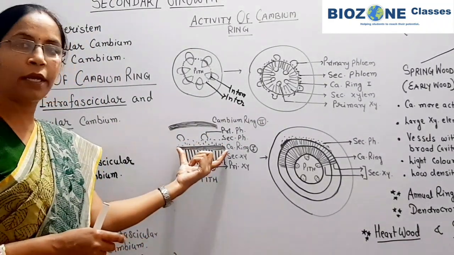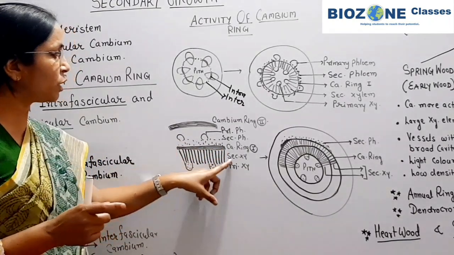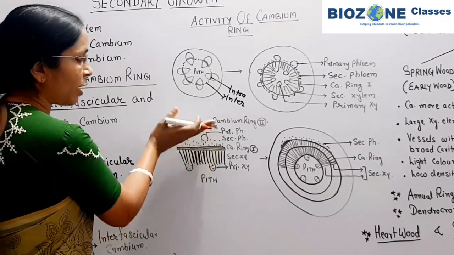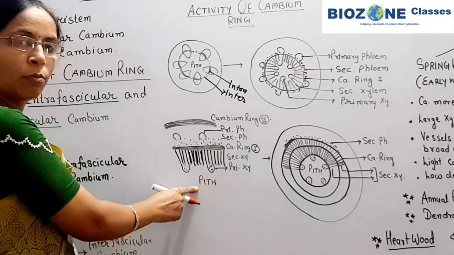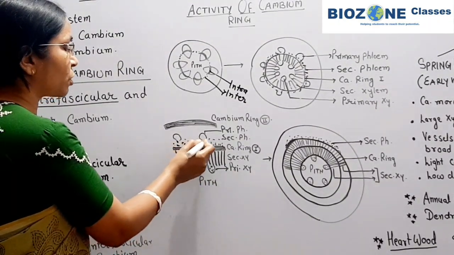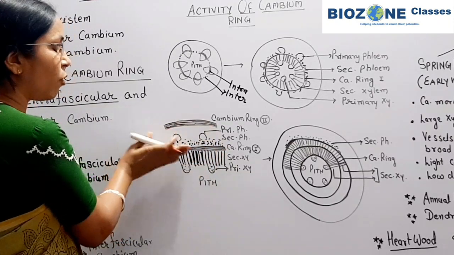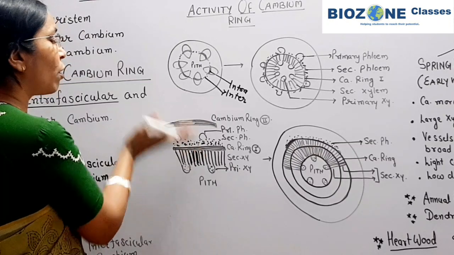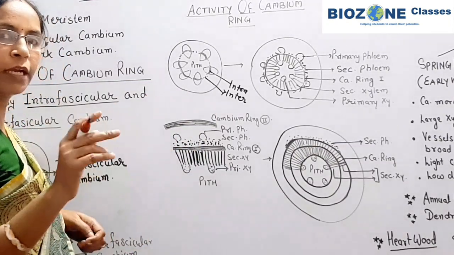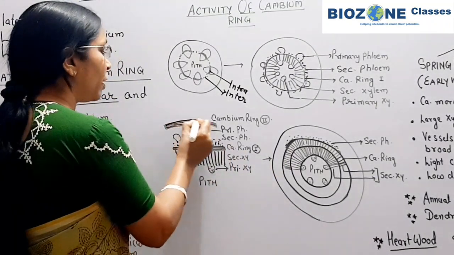This is the cambium ring, our first cambium ring. This cambium ring produces secondary xylem. When this secondary xylem is produced, it pushes the primary xylem more towards the pith, and the dotted structures I am showing here are the secondary phloem. When this secondary phloem is synthesized outer to the cambium ring, the already present primary phloem is pushed more towards the periphery. After that, in the next year, you remember the second cambium ring is formed.